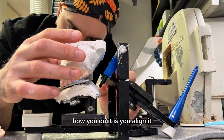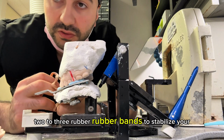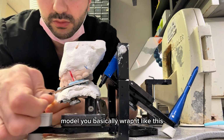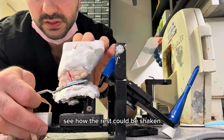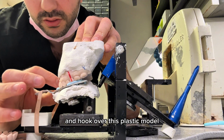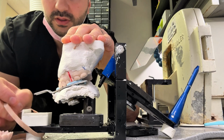So how you do it is you align it. Then you use 2 to 3 rubber bands to stabilize your model. You basically wrap it like this. See how the rest could be shaky during the mounting. Stabilize it like this and hook over this plastic model, if it's plastic in your case. And then once it's set,